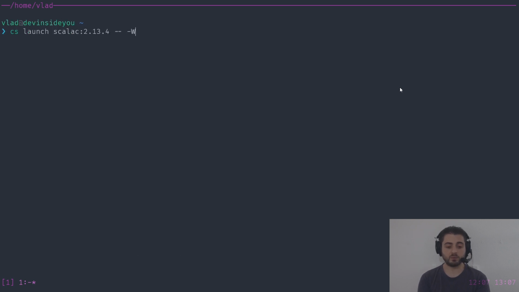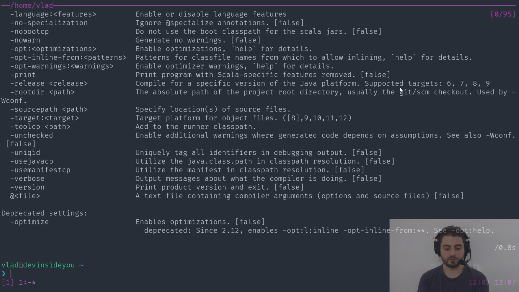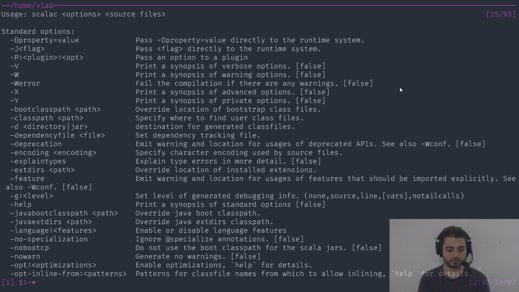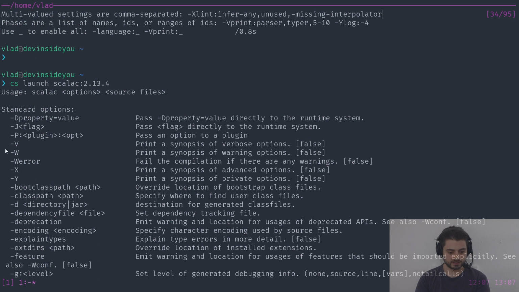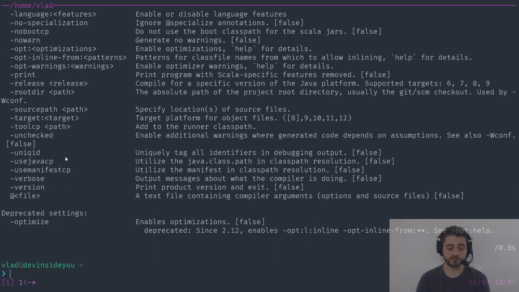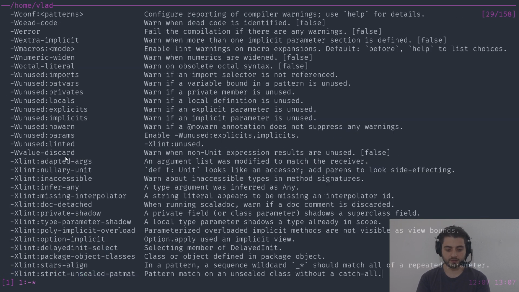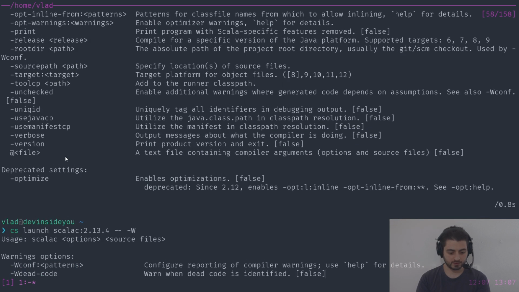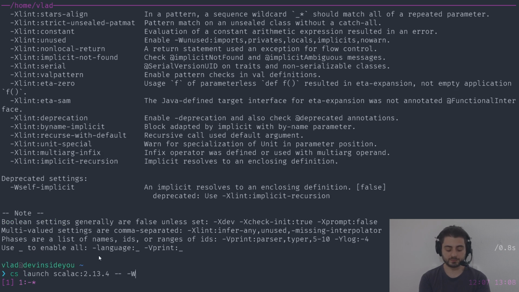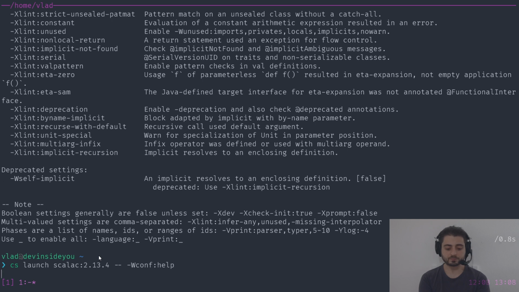All right, so if we just run the Scala compiler again, like this, then if we scroll up a little bit, we're going to see, oh yeah, it was inside of W. Okay, all right, so we need to do W. Okay, and the first one is over here, Wconf. So instead of W, if we actually do Wconf and then :help, okay, then